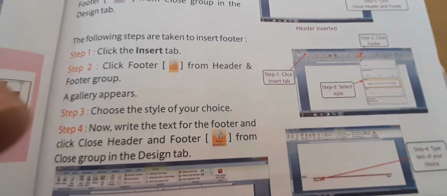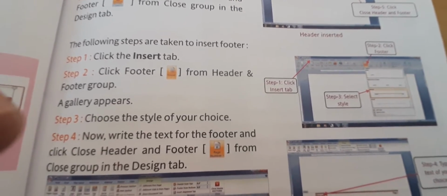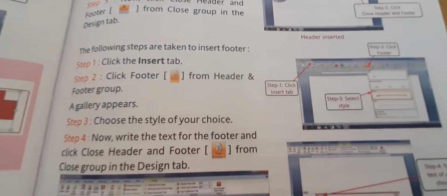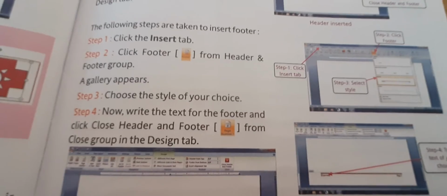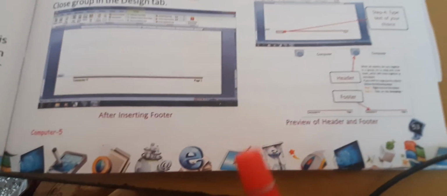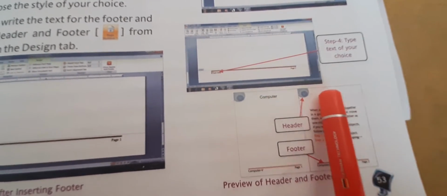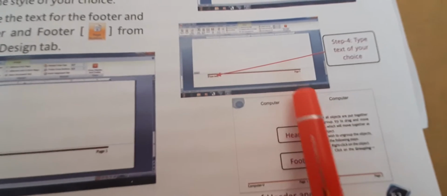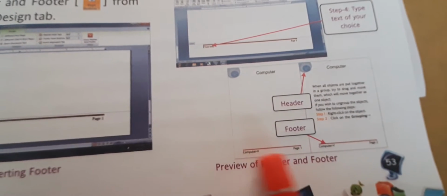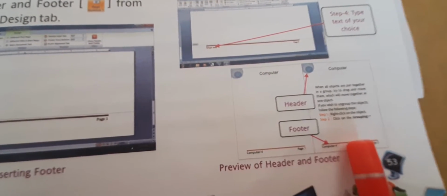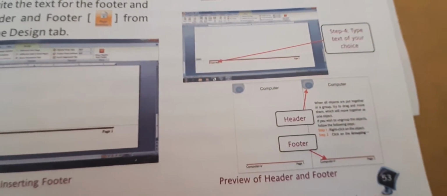Okay, I told you that it is very important to close the tab so that you can see the changes or you can see how whatever that you have defined will look like in the header and the footer. Okay children, so now you can see here the preview of whatever that you have written in the header and in the footer. Here a pattern is there, the heading computer is there, and here the page number and the class for which it is meant is given here. Okay, so this way you can see the header and footer.